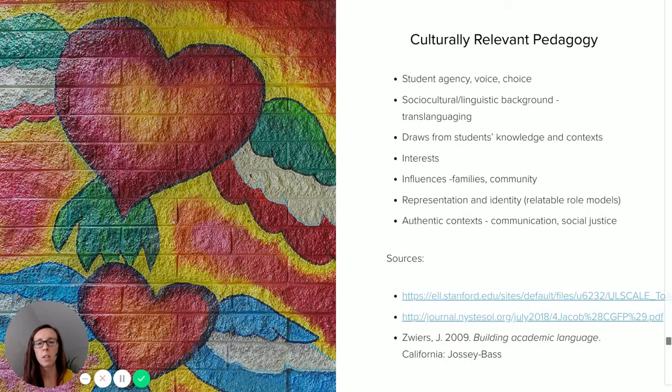And then finally, authentic context. How are we applying the computer science principles and practices that show up in our classes to real world social justice contexts? So things that have meaning for students and things that make an impact. I find that my students get excited about the problem solving, and they get excited about the puzzles and the critical thinking involved in just classroom-based examples of computer science, but where they get really passionate is the outside connections that computer science can have in their real world, and inviting them into that process through a social justice lens has been really powerful.